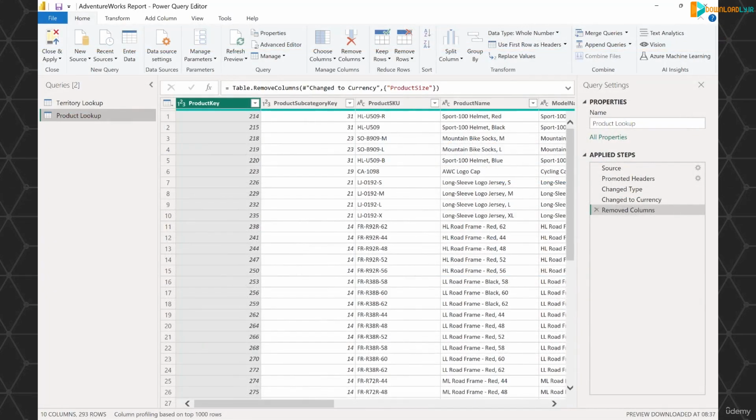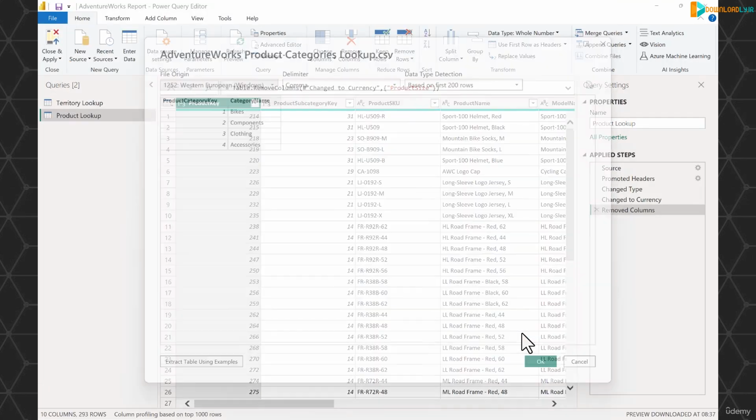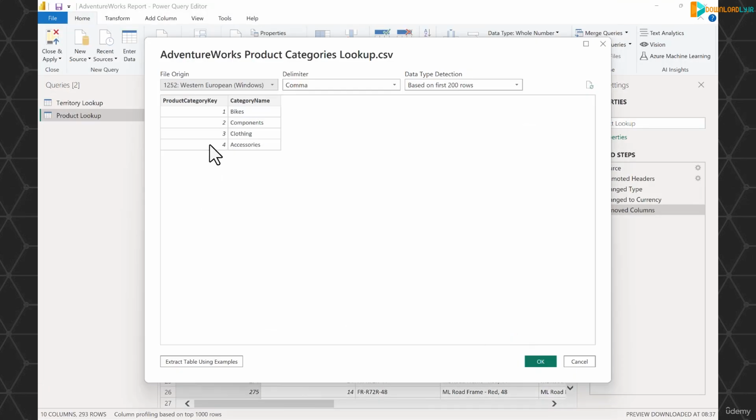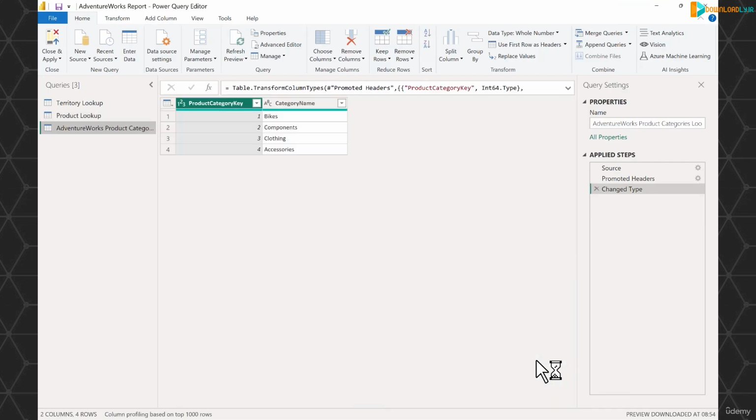All right, so up first, we needed to create 2 new queries to connect to our product category lookup and our subcategory lookup. So we're going to go back to our AdventureWorks file, and I'm going to grab the product category lookup. All right, very basic table here. Click OK. This loads into the query editor, and then I'm going to come back,